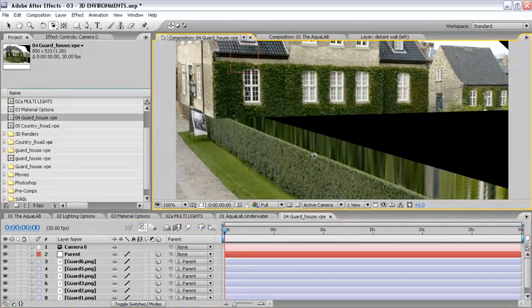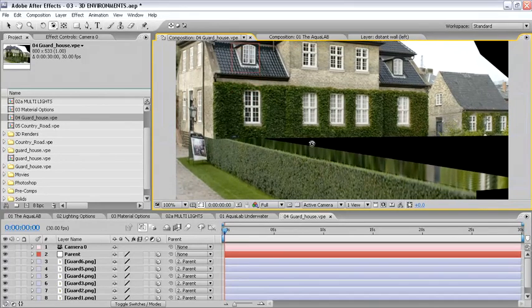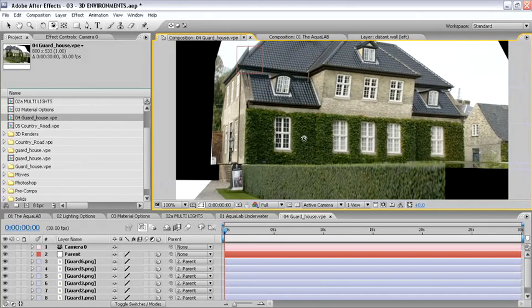However, if we move the camera too far off axis, we can see where this 3D environment starts to break apart. Remember, we're creating all of this data from a 2D image, and obviously there are going to be parts that we can't see in our 2D image that we won't have access to in our 3D scene. But if we go back to something closer to our original position